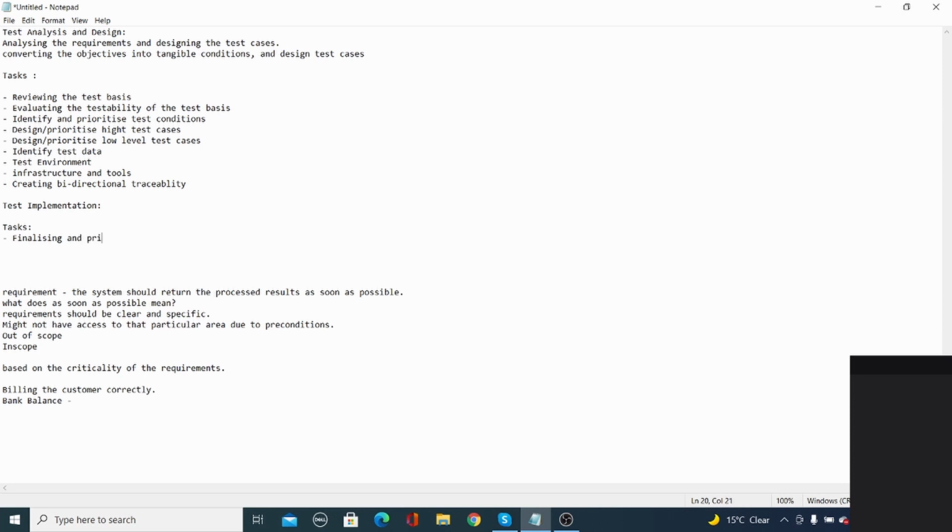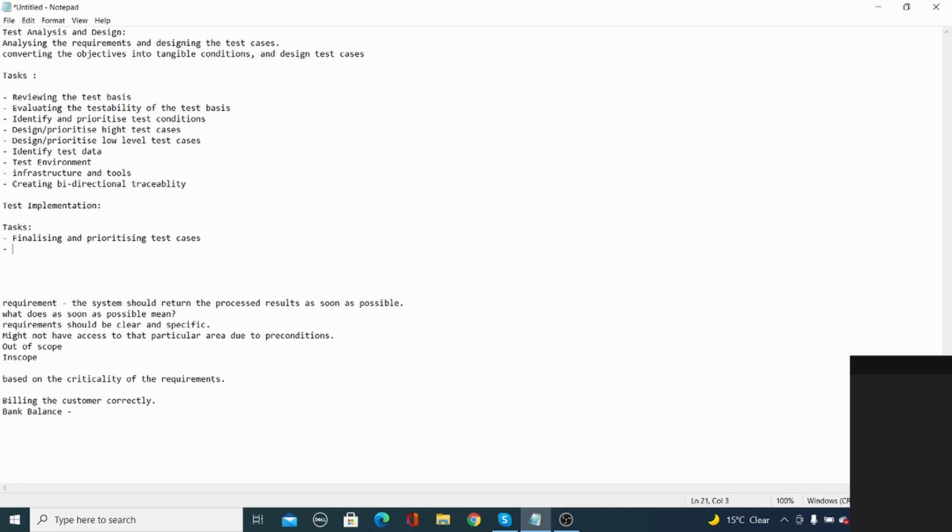So now you have all the test cases ready. In the previous level, you designed all the test cases. Now you need to finalize what test cases you are going to execute and prioritize them. What test cases will you execute first?